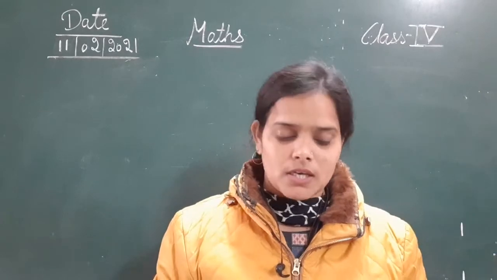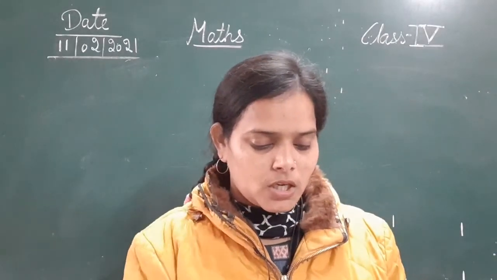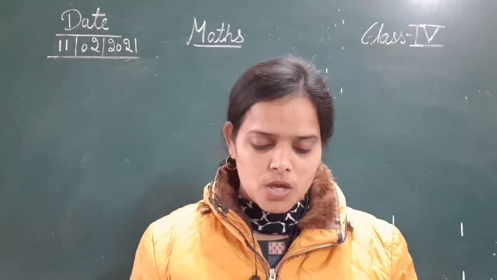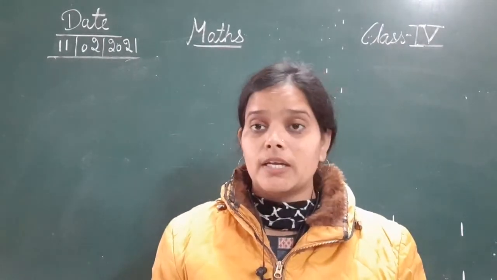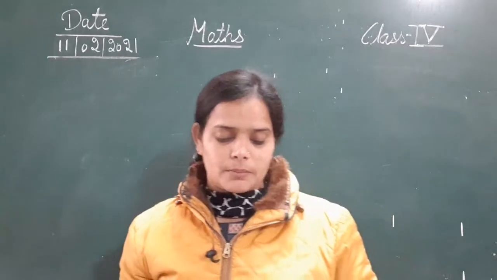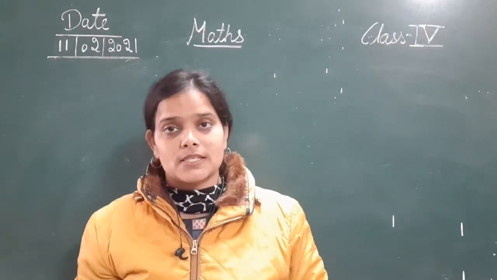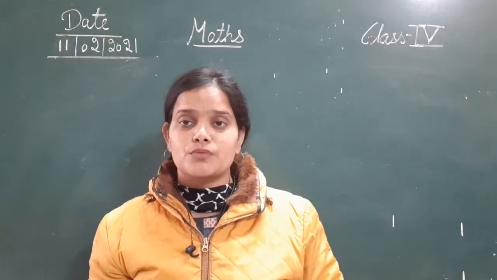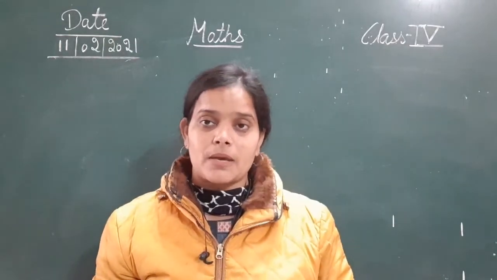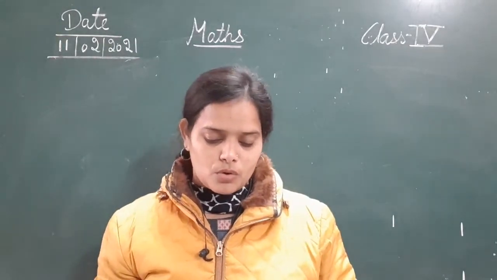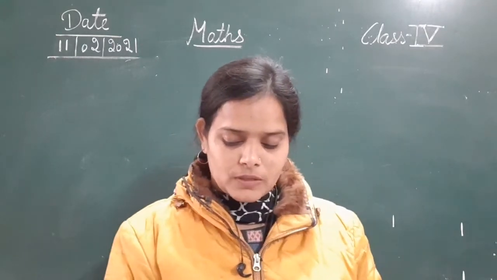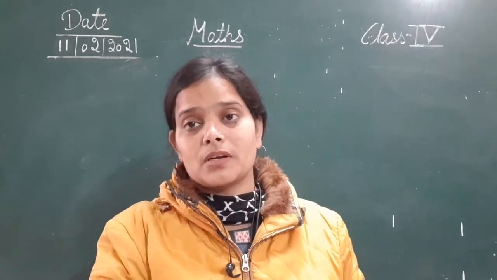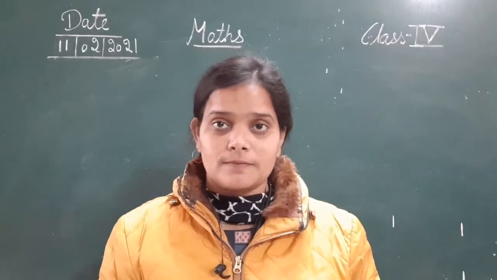So students, in our previous session, you know that we were discussing exercise 9.2 and we have already done up to sum number 11 from the exercise 9.2. Today we will start with the next few sums from the same exercise. So all of you open your books at exercise 9.2. The page number is 107.